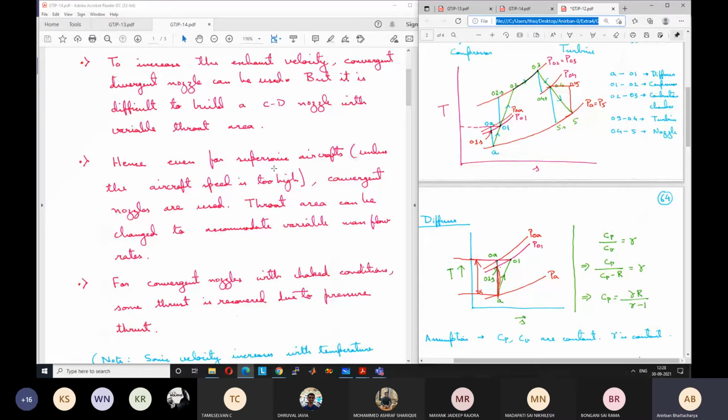If the nozzle operates at sonic condition, it's choked, right? The maximum velocity at the exit is equal to the speed of sound. How can we have supersonic aircraft operating? The aircraft is operating at higher than the speed of sound, but the exit velocity itself is at the speed of sound. How can supersonic aircraft operate with convergent nozzles?